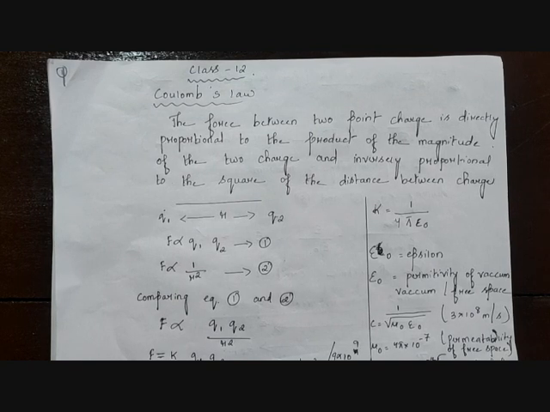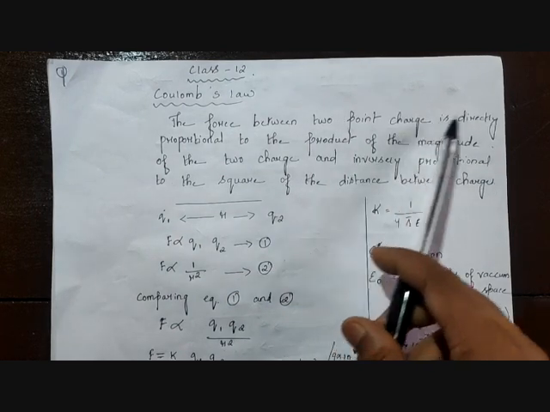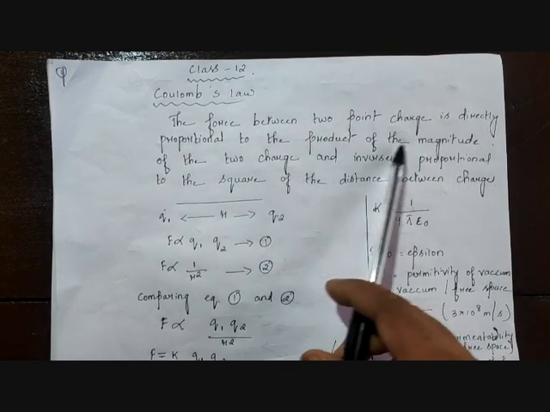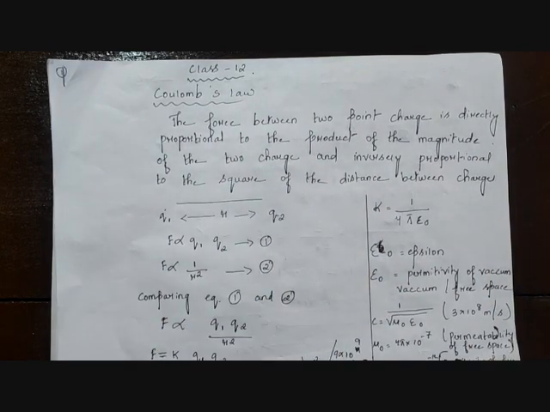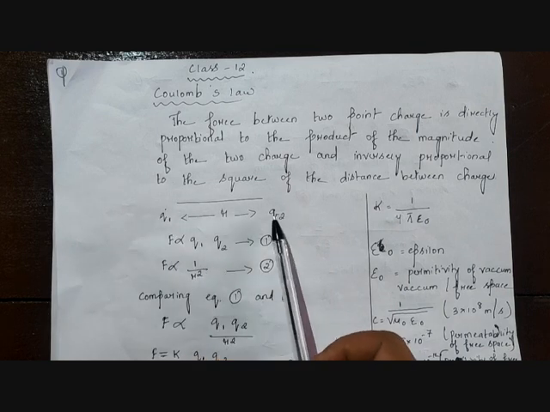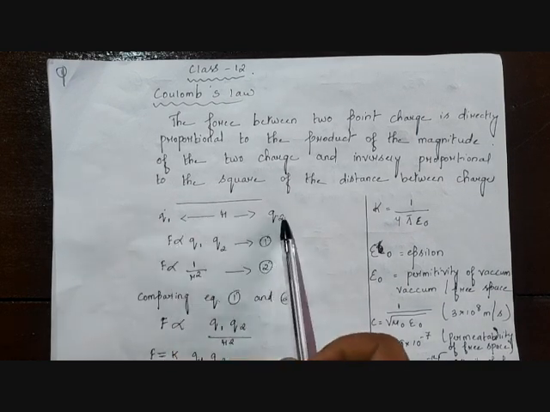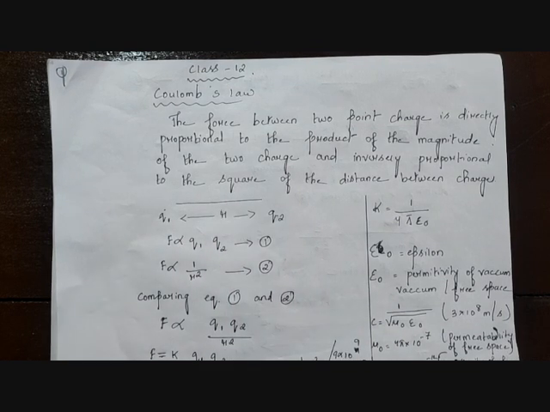Now, as you can see, it's written that the force between two point charges is directly proportional to the product of the magnitude of the two charges. What does it mean? The first point: suppose I have made two charges here, one charge Q1 and one charge Q2, right? And the distance between these two charges is R. So the first point said that